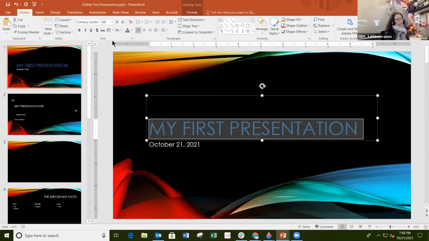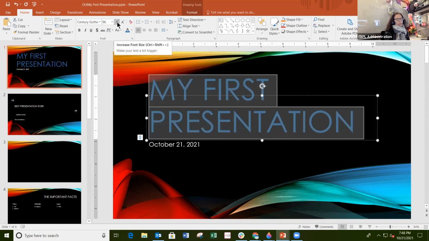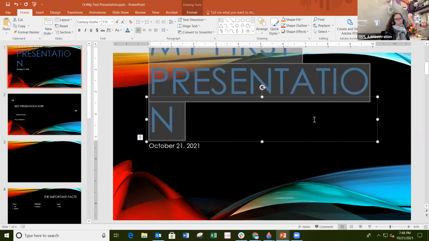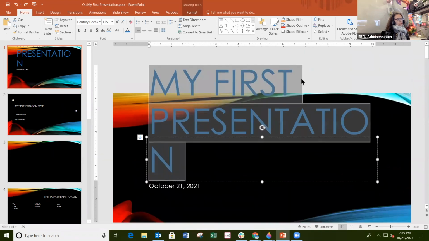If we want to make it bigger, we can go here to the font size. If you're familiar with Word, you can see this is very similar. You can also use this icon here, increase font. If this gets a little bit bigger, we have this option here that says auto fit text to placeholder. We can click here and it'll go back to the auto fit. But if we don't like that, we can go here, undo. And then maybe we just move